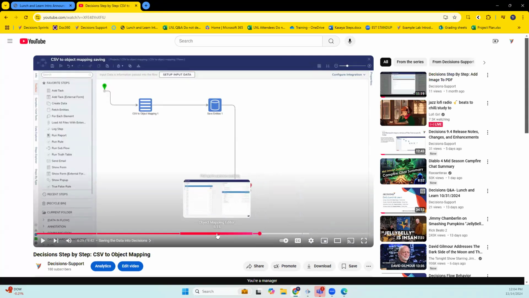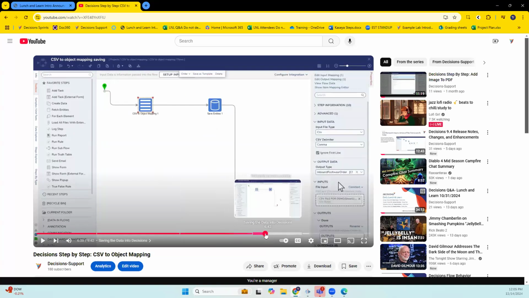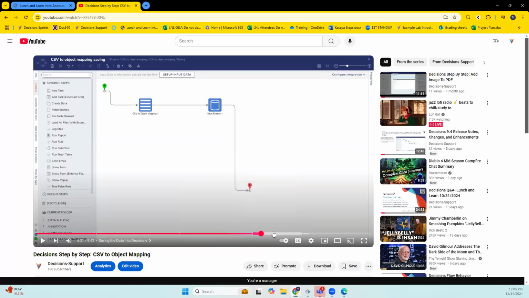middle goal with that data is. If you want to do stuff with that data before it gets saved to the database, then you would probably want to loop through it. But if you just want to import this exactly as it is into a decisions database, you can do it all with one big save entity step. And there's an option on there right around,